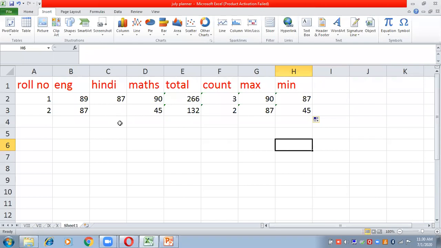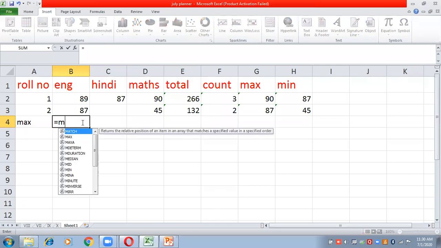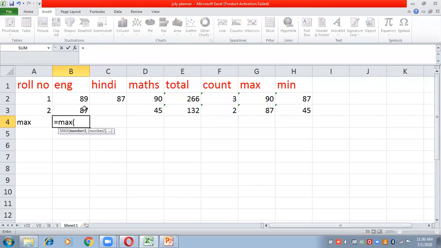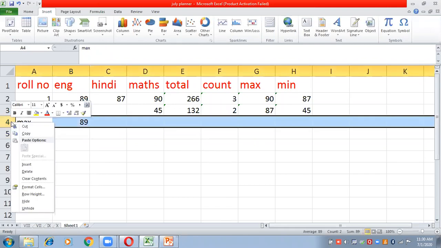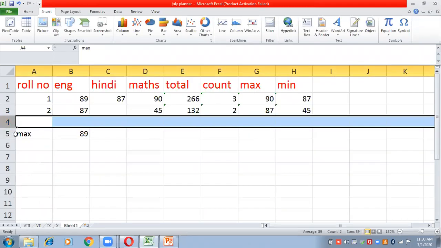Now suppose I want to calculate who has secured the maximum marks in English. Suppose I have a list of 100 students and I want to check the maximum marks of English. Then I will apply the formula for max: MAX, bracket start, address of the first cell, colon sign and address of the last cell, bracket close, enter. 89. Now suppose I am entering 2 more students in the list.